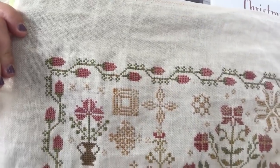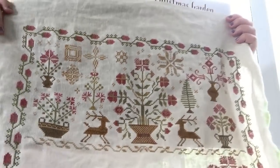But look, it's a really gorgeous piece. Seeing it on camera isn't doing it any justice. Sometimes when I look at Blackbird patterns and charts, and other designers' as well, I fall in love with the picture on the chart. And I go and get the specialty floss, and I spend a lot of money doing it sometimes. And sometimes I get disappointed because the picture doesn't look like